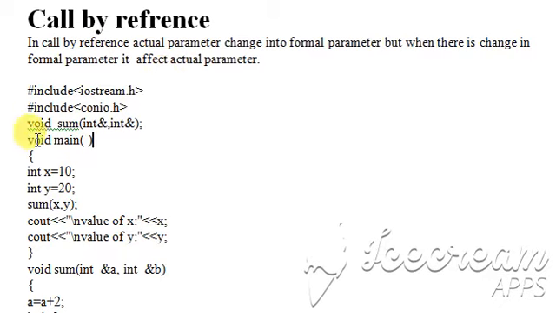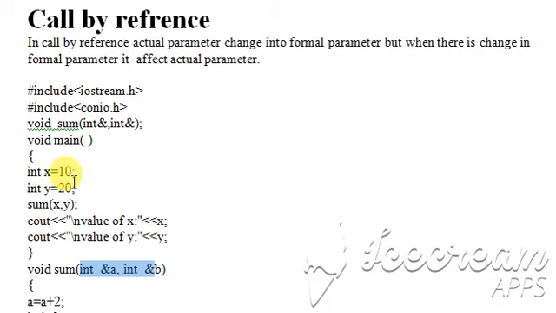So now let's understand the program. This is the main program. What is this? This is the function prototype. We have discussed it in call by value also. See this function void sum int, no need to write A and B. But what is the difference between call by value and call by reference? See this ampersand sign. This will come here, and in the formal parameters A and B there will also be an ampersand sign. So when we write the ampersand in the prototype and also in the formal parameters, the program changes into call by reference.